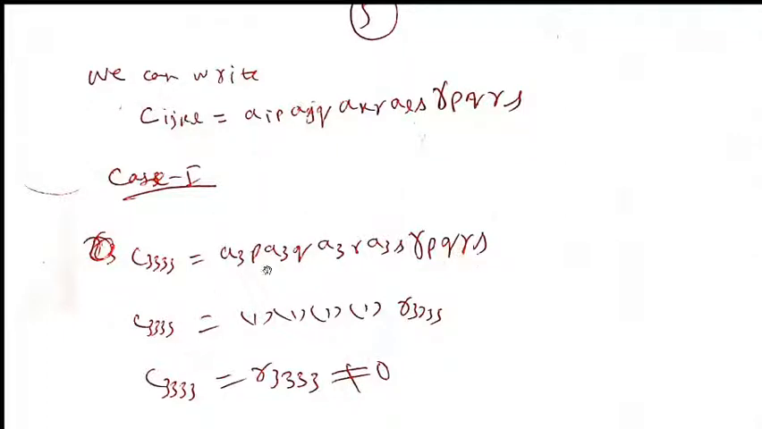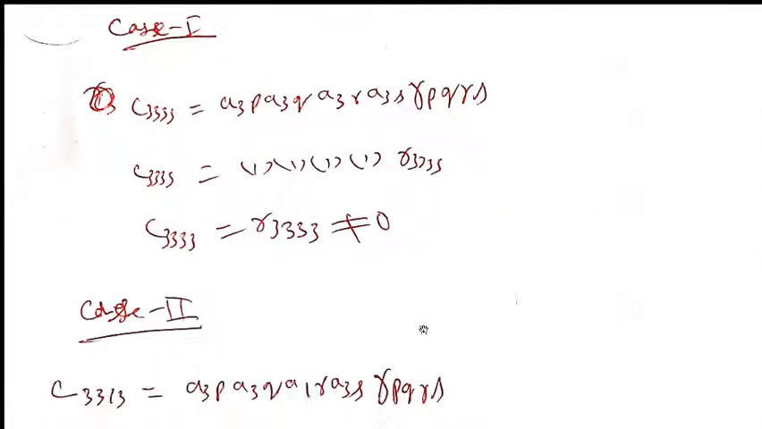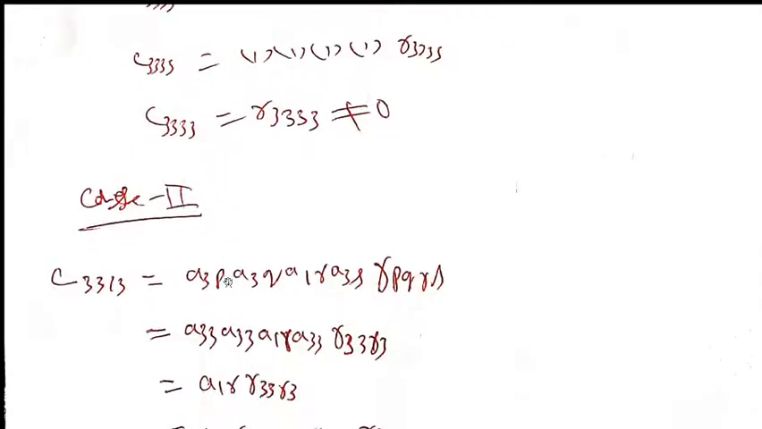gamma 3 3 3, and we know that it will survive only when P is 3, Q is 3, R is 3 and S is 3, all other terms are 0. So C33 will be equal to C gamma 333. So as this is not 0, so C33 is non-zero. So case 2,